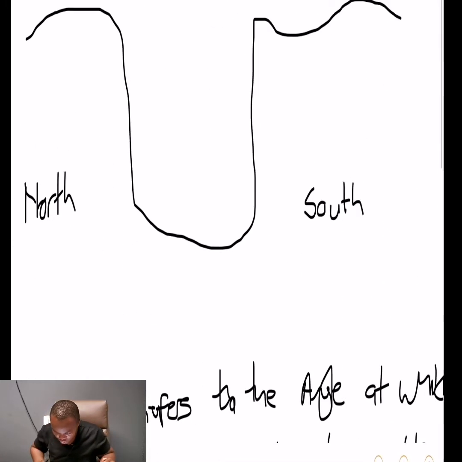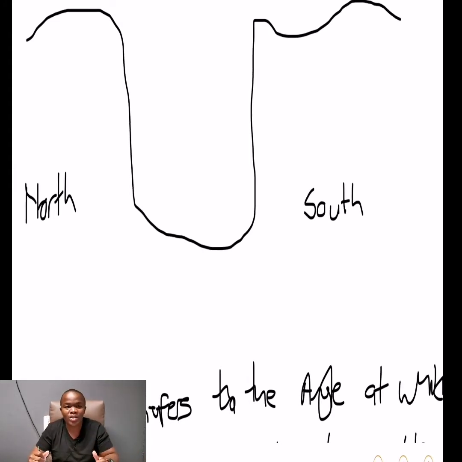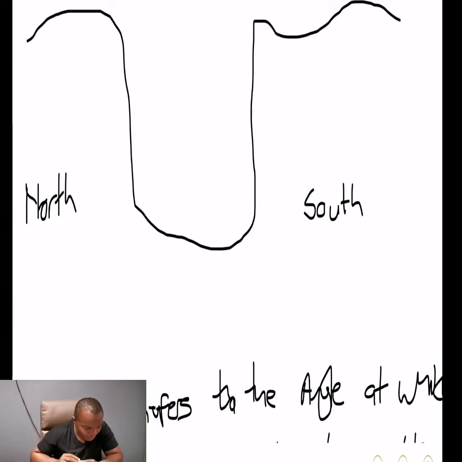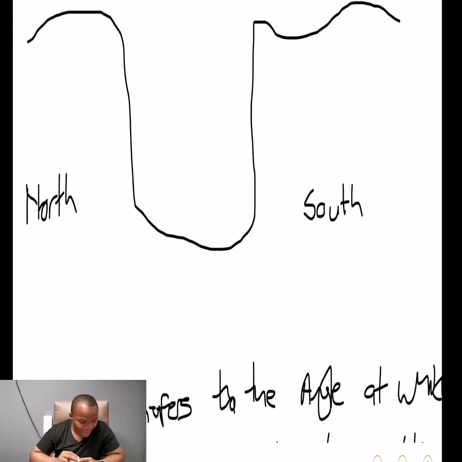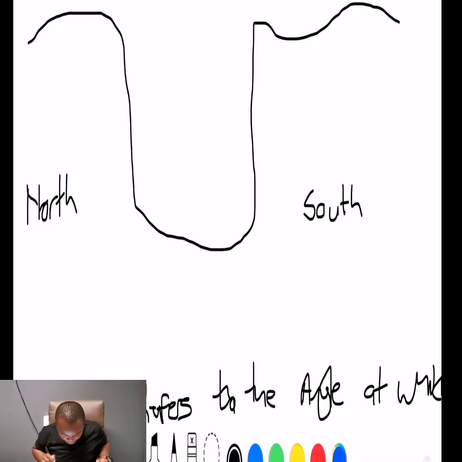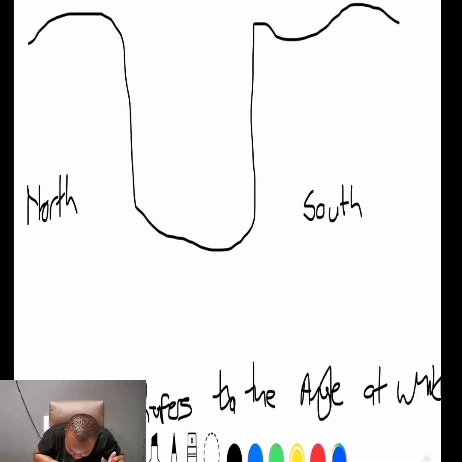So you need to familiarize yourself with these two definitions, because definitely if a question comes out on aspects, they will ask you to define the aspects or define the term local climate. When we are speaking about the aspects, we are speaking about the angle at which the sun rays strike the slope, which determines the climate within a valley. All right, so let us look at the weather or the climate of this valley here. Okay, so here is our sun. I'll just draw it for you.